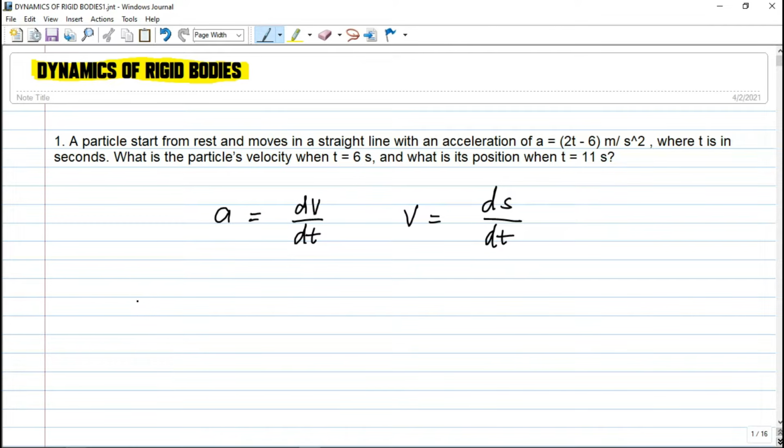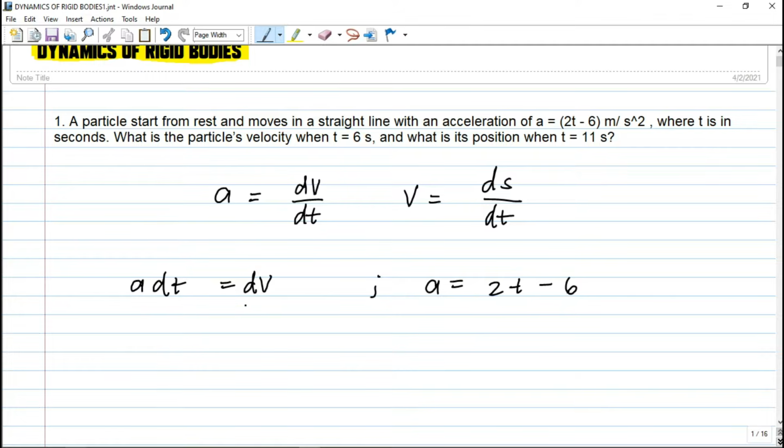From the first equation, a dt is equal to dv. Multiply dt to both sides of the equation. Now, given the acceleration as a function of time, that is a is equal to 2t minus 6, by integrating this